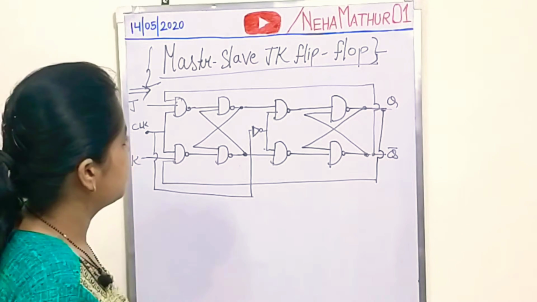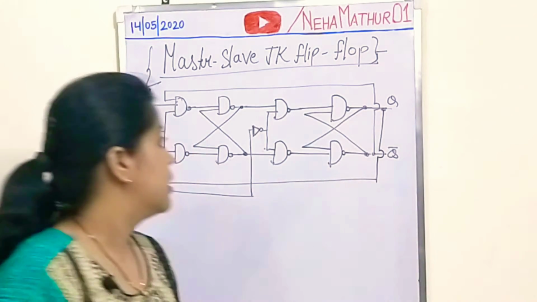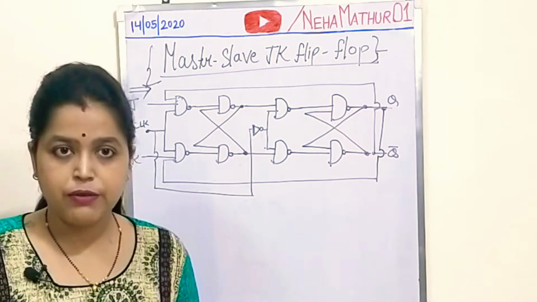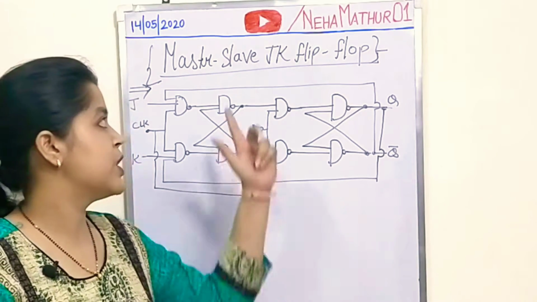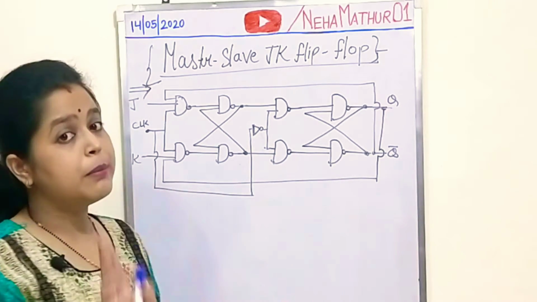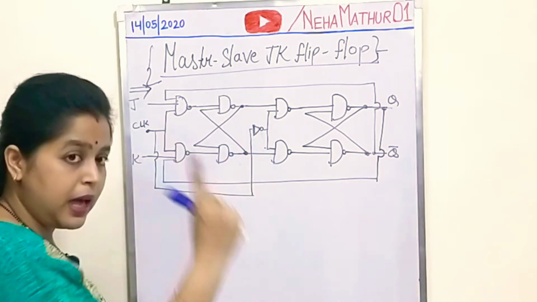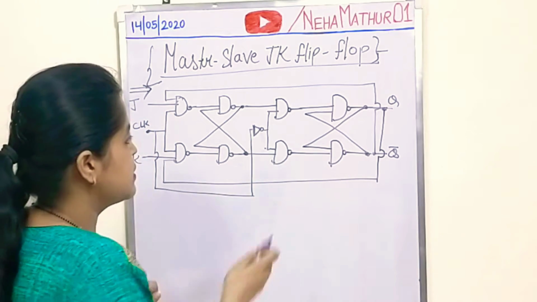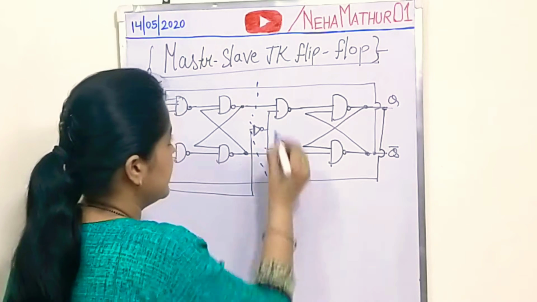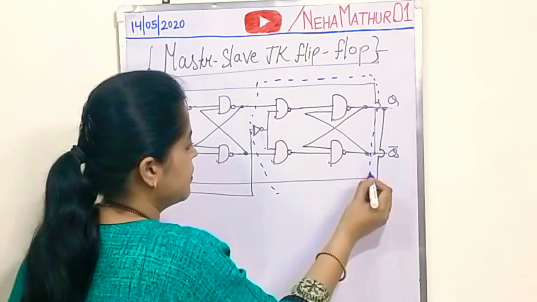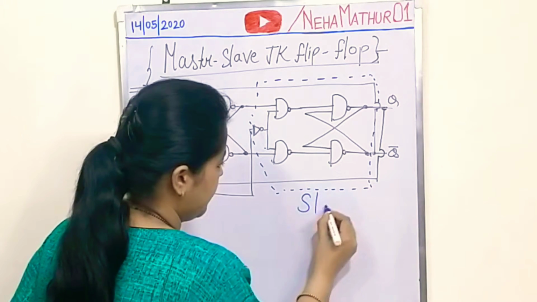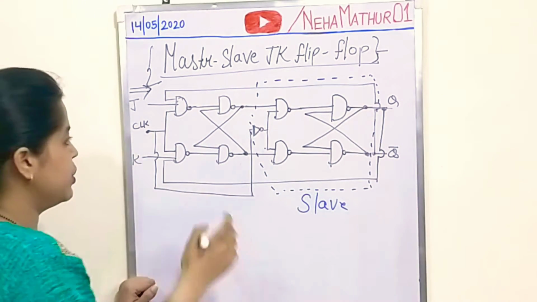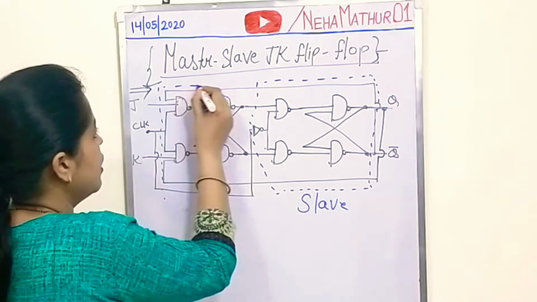Fine. Now see, before starting the description of this circuit, I am again repeating that your master slave JK flip-flop is used to overcome the race around problem coming from JK flip-flop, and the circuit is nothing but a combination of one clocked JK and one clocked SR. This is the circuit for the SR flip-flop, the back circuit, and this back circuit is said to be slave, while the front circuit, in which you are using feedback connection with the main inputs, is called the master of the whole circuit.